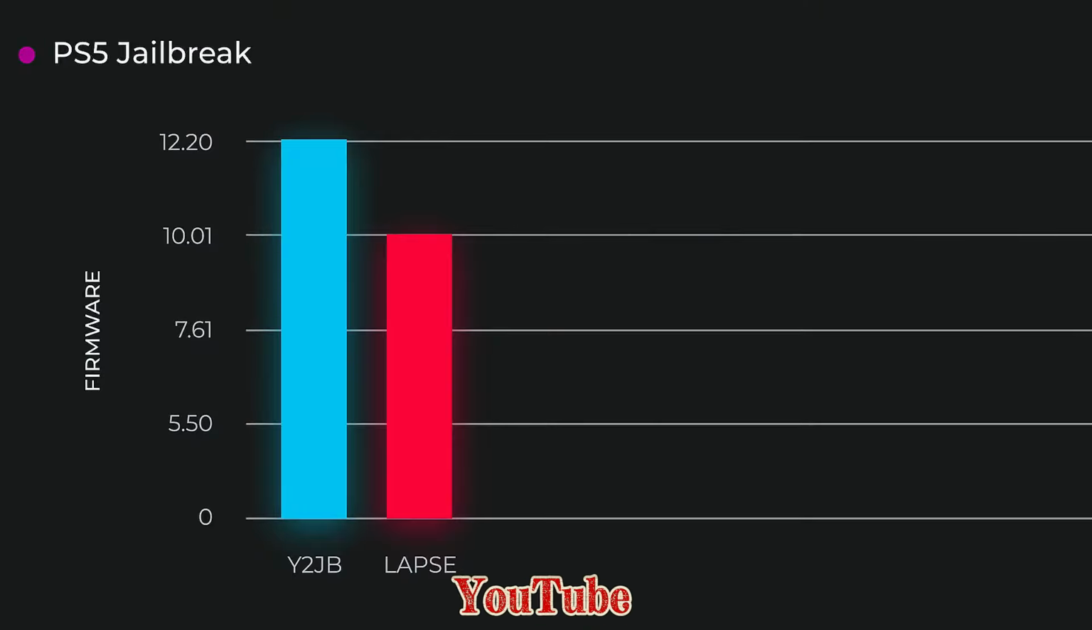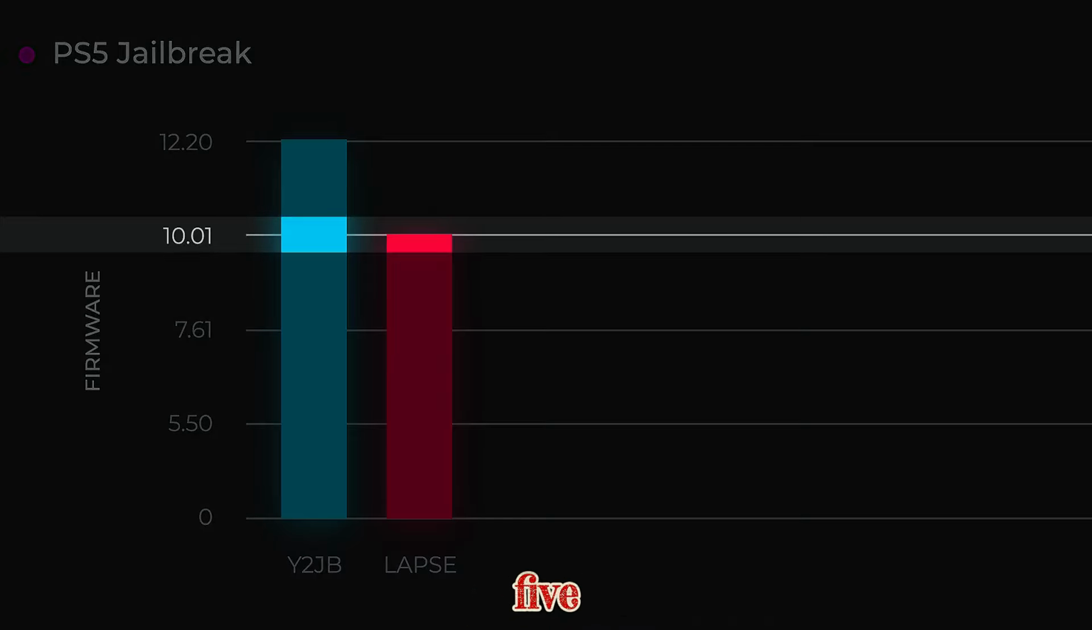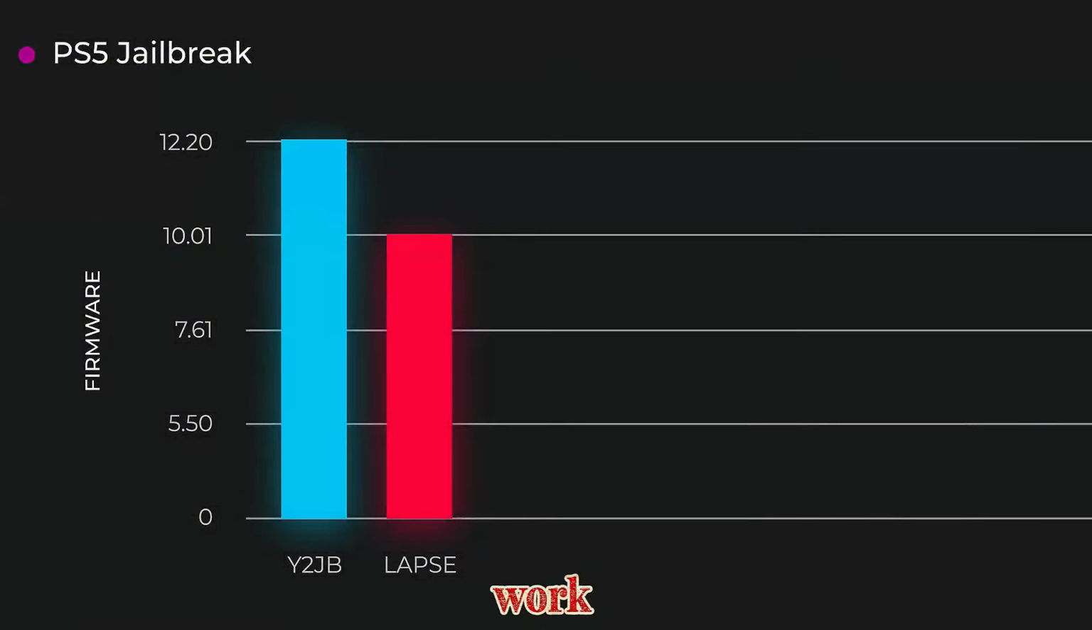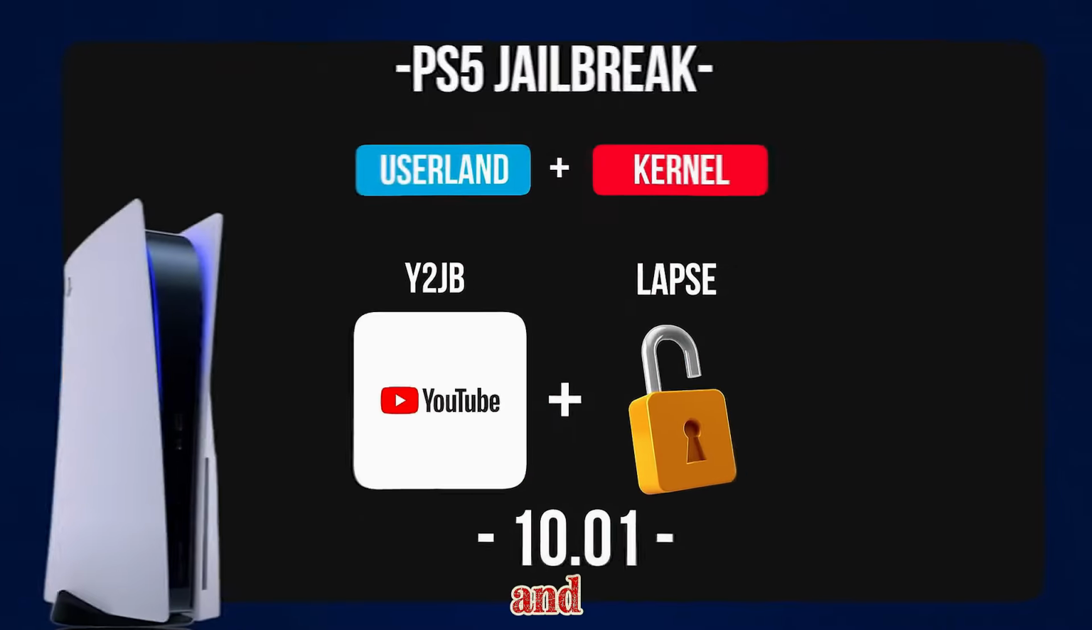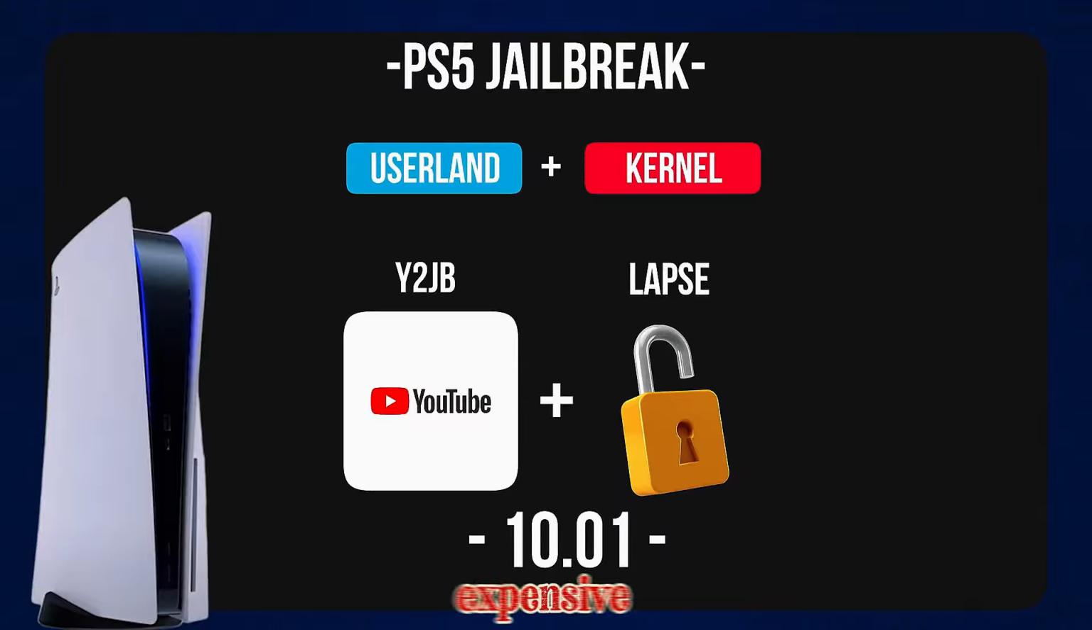to load the jailbreak. So finally, we have the YouTube exploit, Y2JB, which is still currently in development. Once complete, we could chain it with the Lapse kernel exploit to jailbreak the PS5 up to firmware 10.01, which would be the best option, as it will work on digital edition consoles and does not require purchasing expensive games or a Blu-ray burner. Now, you also might be wondering if we can also use this on the PS4,